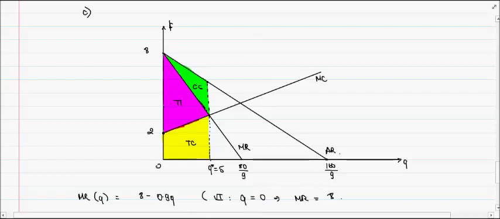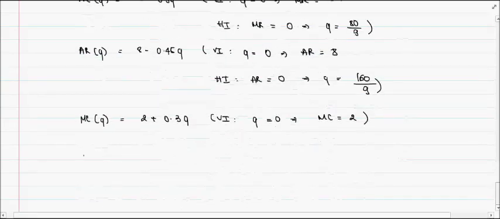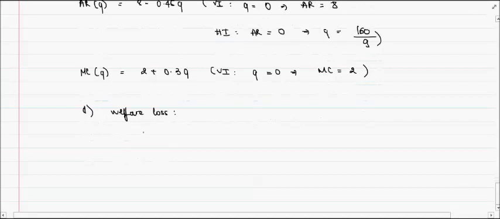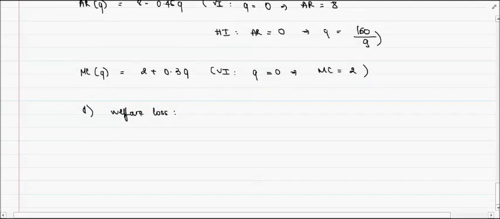Okay, so the last part is asking you to indicate the welfare loss from the monopoly. So we got part D, which is to try to find the welfare loss. Okay, so like I said before, the welfare loss is just going to be the difference between the welfare in the socially optimal solution and the welfare in the monopoly. Okay, and the welfare loss is happening because the monopoly firm is normally producing less than the socially optimal level of output. Okay, so therefore it's going to be the difference between welfare, I would say